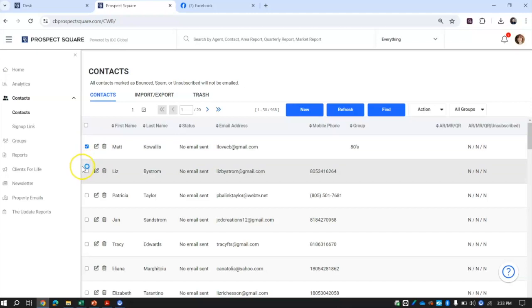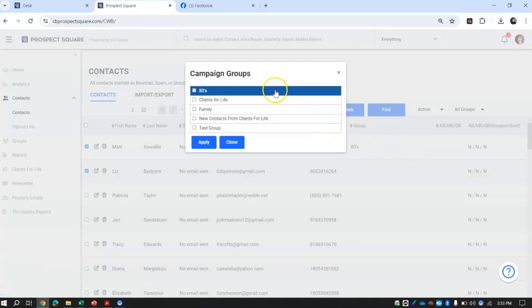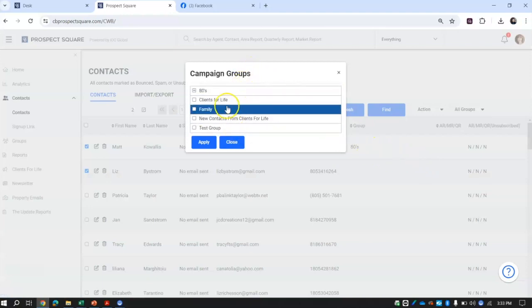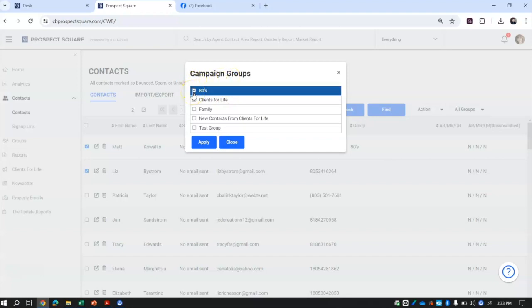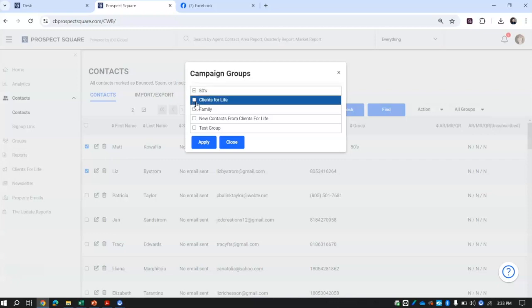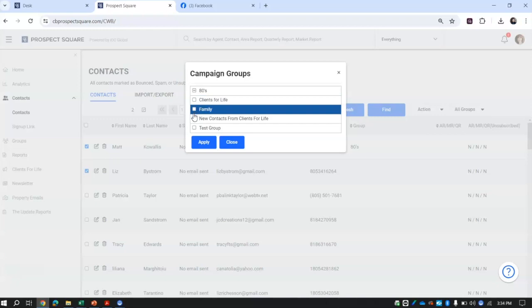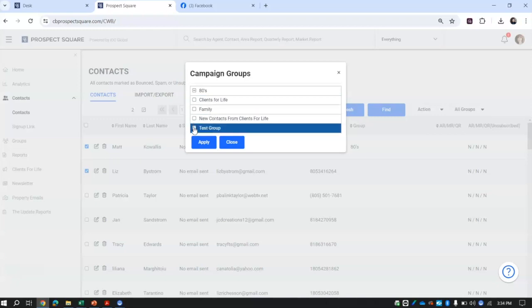You can edit that singular contact and change them to a different group. If you're working with multiple different contacts, as an example, let's just click on these first 2. I can select action, and then manage groups. And then you can assign them to the appropriate group. Now you'll see a couple different elements here. You'll see the dash mark within this box. This means that some of your contacts are in that group while some of the others that you've selected are not. And then a blank box will mean that none of the contacts that you've selected are